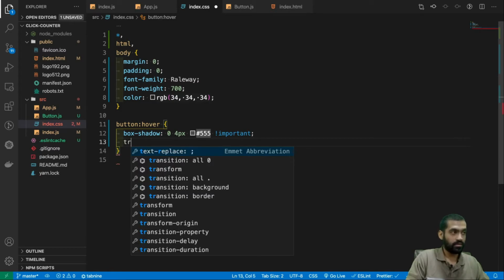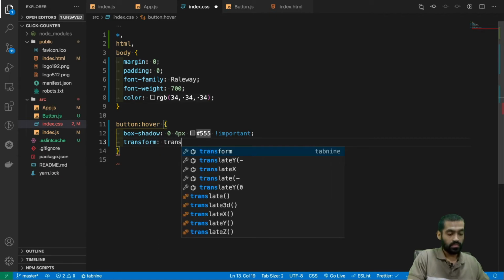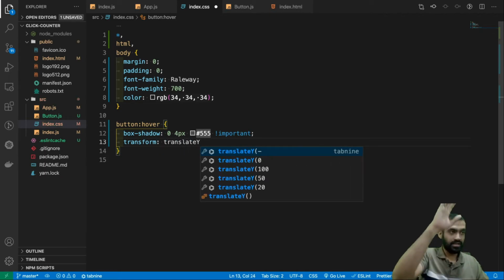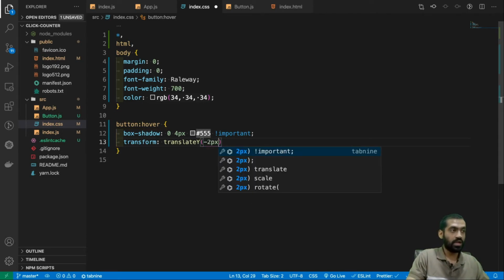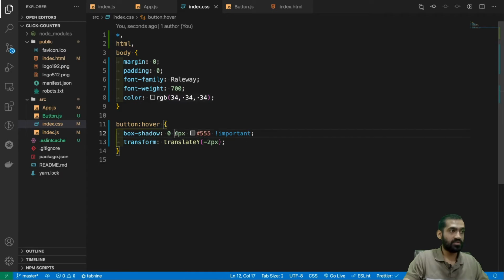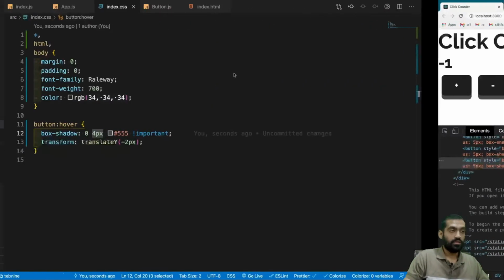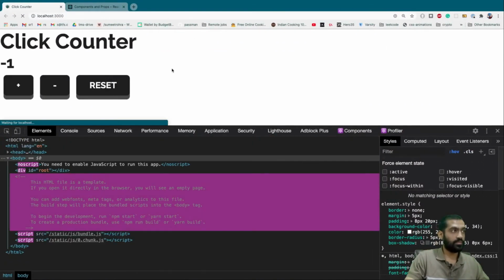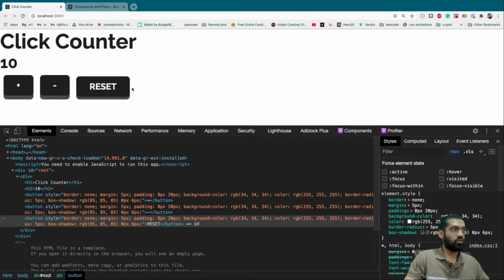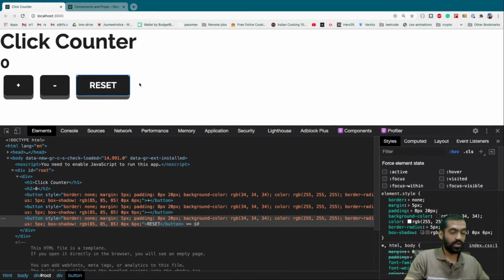Let's do a transform, translate y. Basically, let's translate it by 2 pixels down, because we had a box shadow of 6 and then we are doing it as 4, right? Let's try this. Okay, instead of -2, let's do +2, and let's see. Cool. Now clicking makes it active, right? And when I click, it also gets this outline.